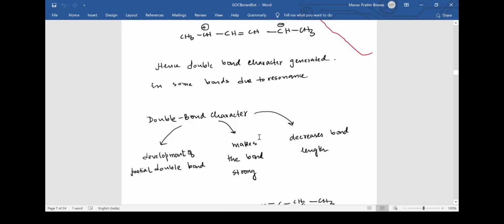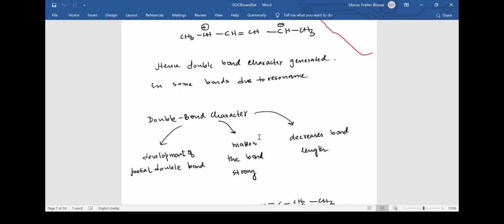And we can also infer that if the bond strength increases, then the length of the bond decreases, because we all know that when bonds form between two atoms, there is a vibrational force between them, and that is why if the length of the bond is very long, then the vibration will be larger. You can think of it as a stick. Suppose you have a very long stick and you start to vibrate it, chances are the stick will break very easily. But suppose you have a very short stick, no matter how hard you shake it, chances are very slim that the stick will break.